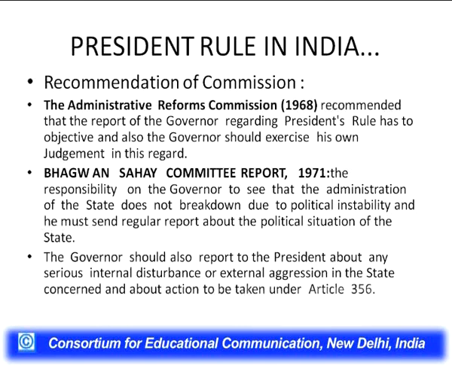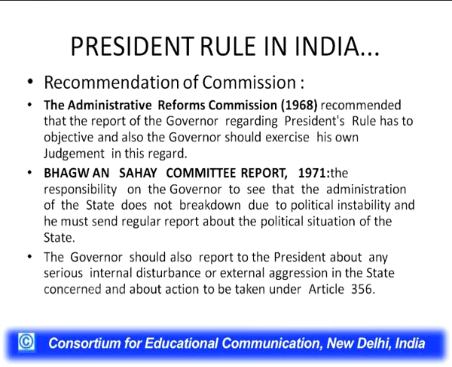But as far as the practice of sending reports is concerned, in routine or in unusual circumstances warranting presidential intervention, the governor is expected to exercise his own judgment. So, the crux of the commission's recommendations was that whatever report is given, the governor has to analyze the existing situation in an objective manner and report to the President accordingly. This provision has acted as an important restraint on the exercise of presidential power under Article 356 of the Constitution, but these recommendations were not implemented by the central government due to lack of political will.